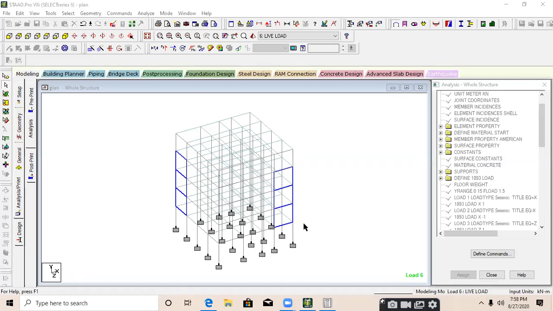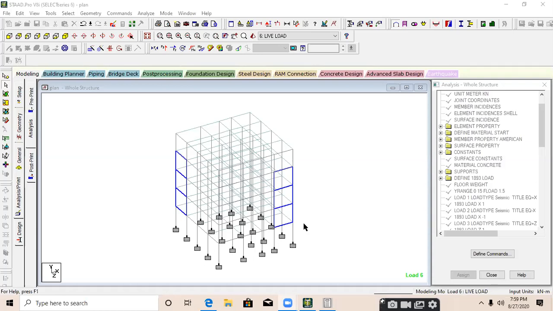How can we verify that the column has failed under these types of conditions? If the column fails, the software will not show you reinforcement. Suppose you are designing a building and there are 40 columns. The software provides reinforcement for 35 columns, and for the other 5 columns it shows that the column has failed due to this particular load. The column does not have proper reinforcement, so the column has failed.